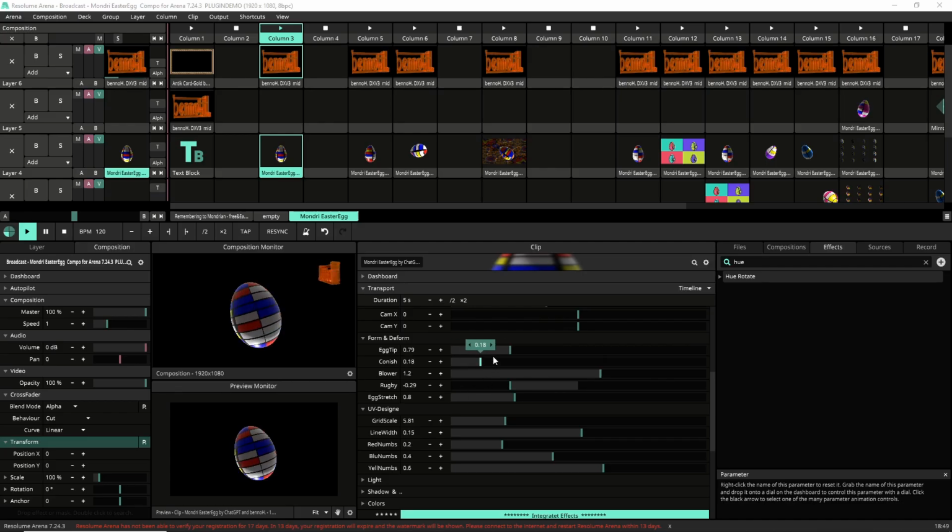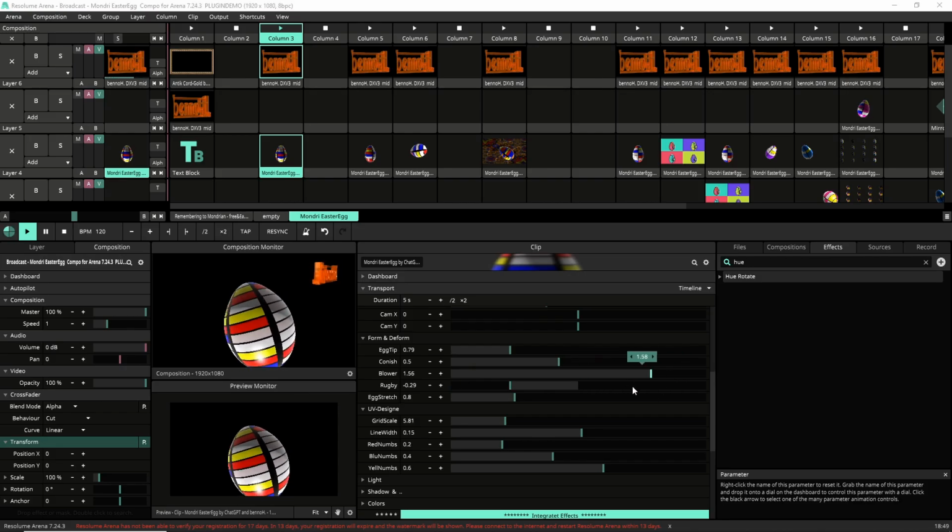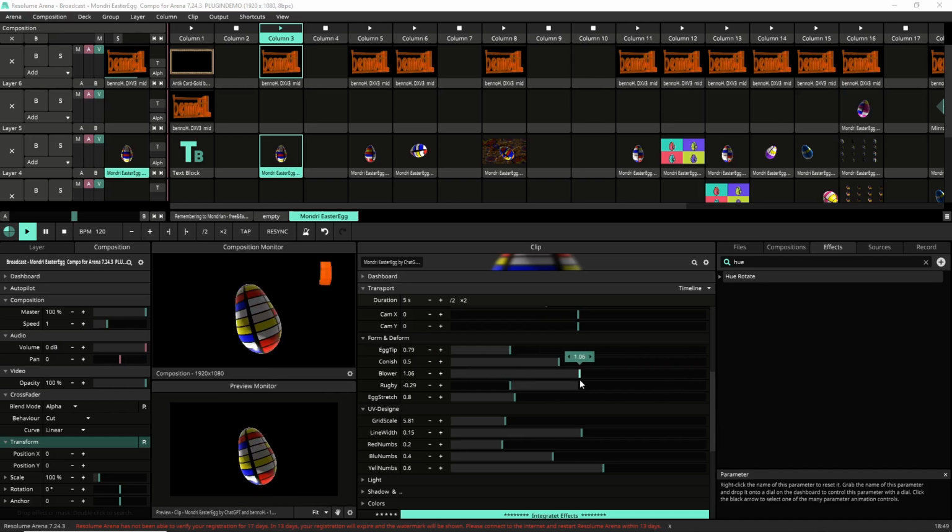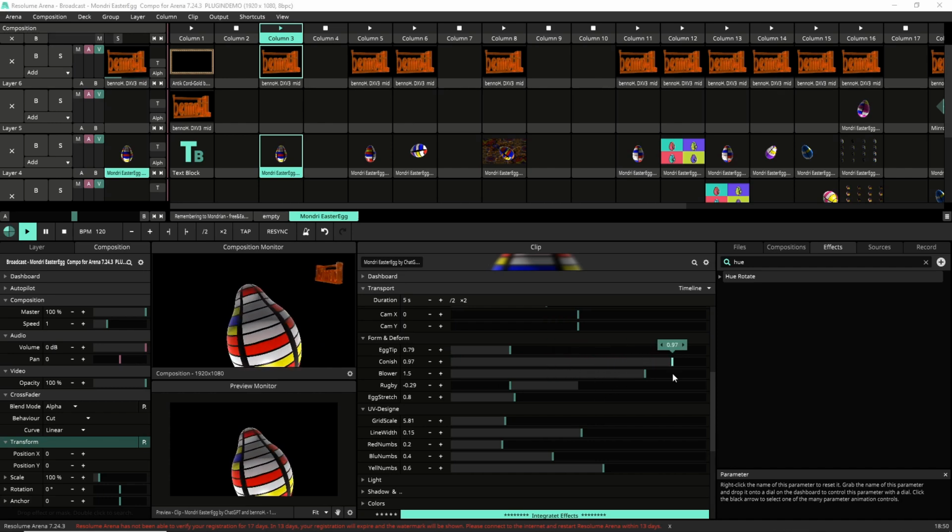But the more rugby ball is the rugby here. Okay, I must keep a smile a bit. Okay, and then we have a blower in the middle. It makes up in the middle more. But now you have a lot of